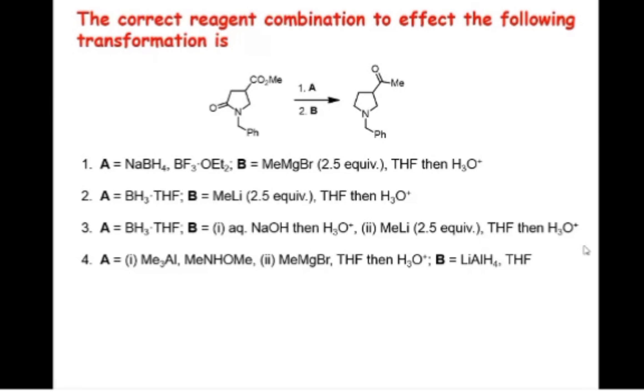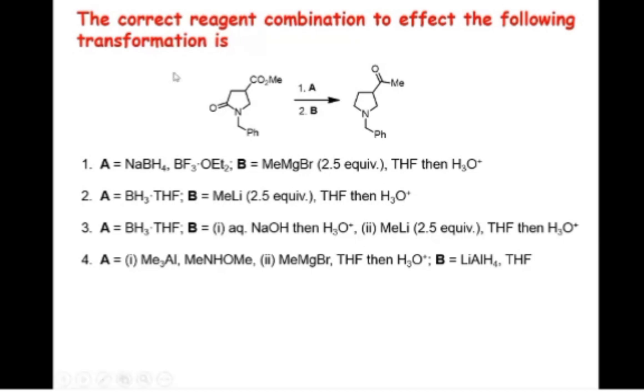Which could be the correct answer? Yes, C. The third option is C. People are saying that. Whoever has given this answer, it is the correct answer, which means he has studied this particular reaction in the proper way. Now, we will discuss one by one why that third answer is the correct answer.